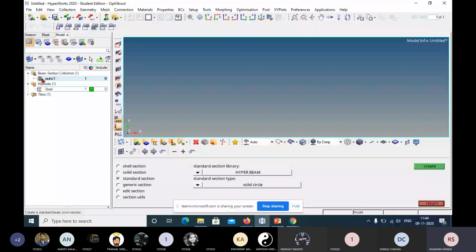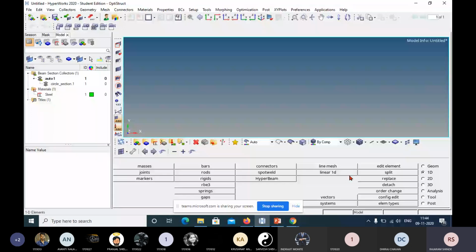Okay, now this is added here. You can see here we have defined a material, then we have defined hyperbeam. Now after definition of the hyperbeam section, you come back to main menu. For that you click on return button. Okay, now again I am in main menu page.